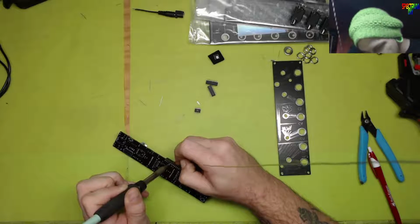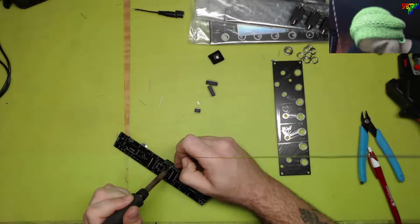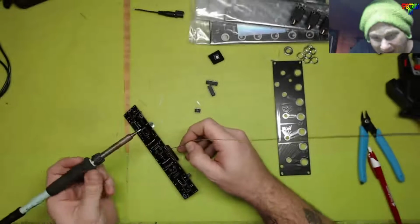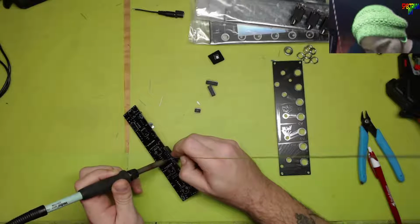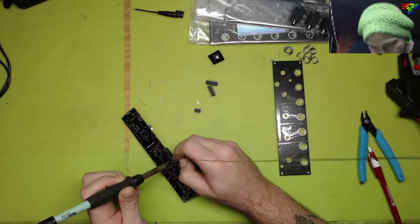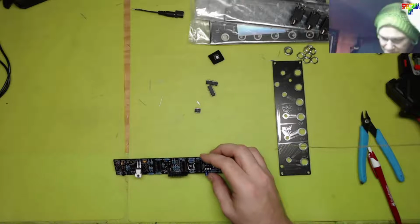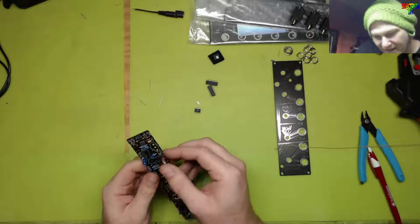But there's 3 states. It can either work, it can go out in a bang in a spectacular fashion, or it can just sit there and not do a damn thing. That's also an option, and that is the one that's maddening. Because you're like, there's nothing hot and it's not working. Why not? That's when, if you have a multimeter or an oscilloscope, but